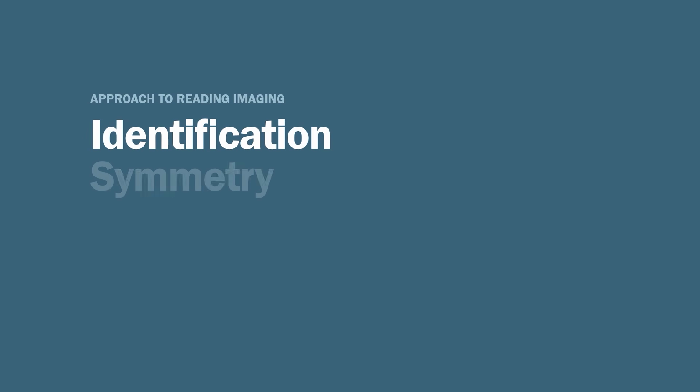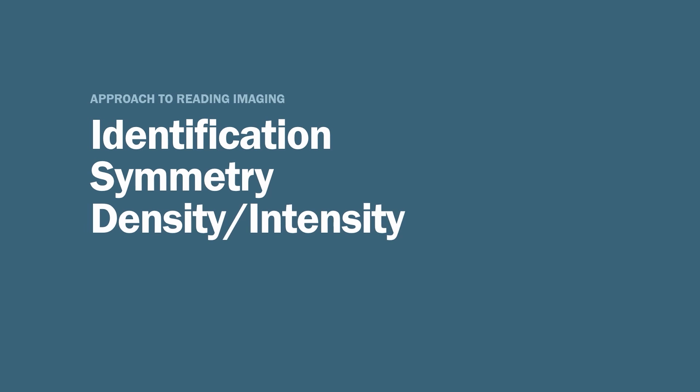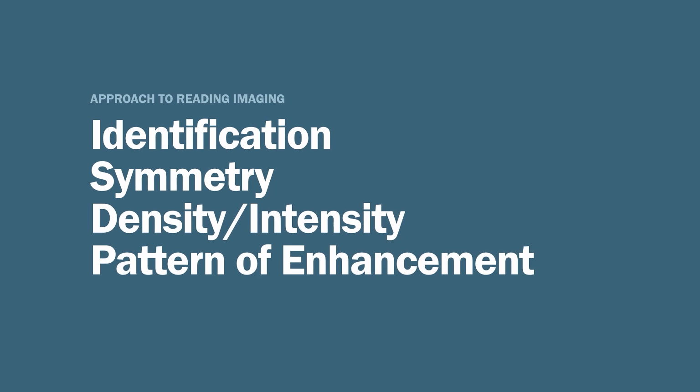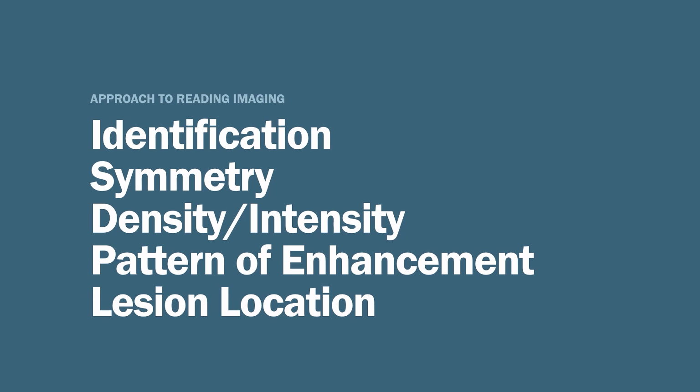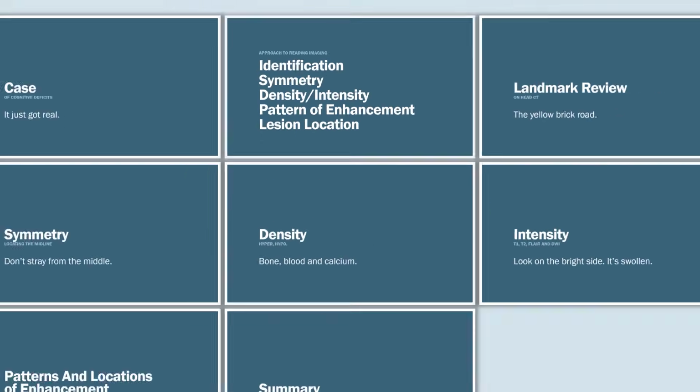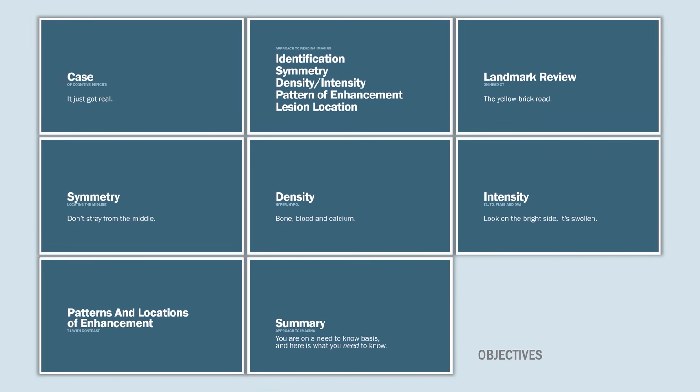First step is to identify the scan, the imaging sequence, and the slice. Then, look for symmetry, or more appropriately, asymmetry. Next, we need to identify the lesion causing the asymmetry and its density and intensity. Decide if contrast enhancement pattern may be useful, and locate the lesion in the extraaxial compartments outside the brain or intraaxial compartments in the brain parenchyma. Put all this data in a blender, puree it, and you get the delicious smoothie that is the final differential diagnosis. Yum!